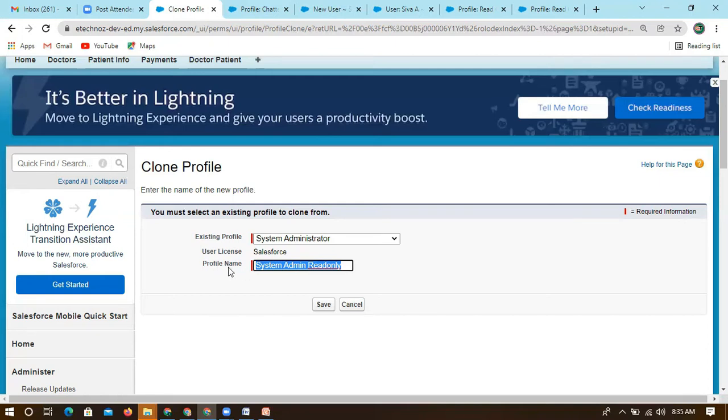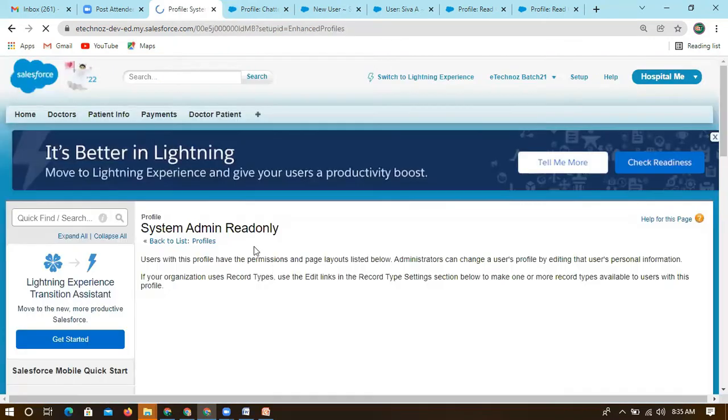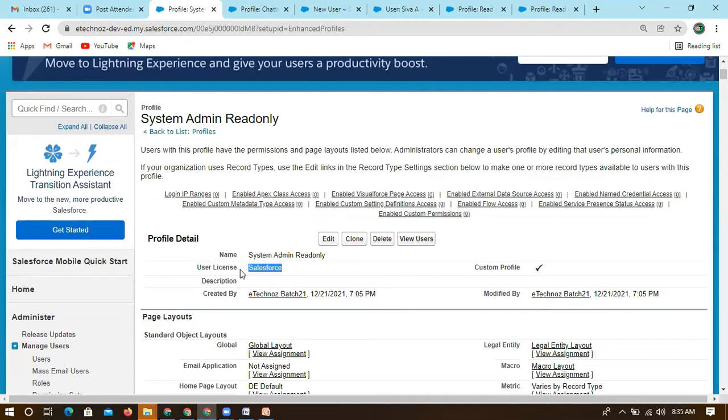So if I identify one, I can create something like this system administrator read only profile. You just need to save this. If you have a free Salesforce user license available, then we can create a profile. If the limit is exceeded, we have to buy the user license again. Right now it is available, so we are able to create it. And if you can see here, this is not a standard profile. A standard profile is something like system administrator, which is given by Salesforce.